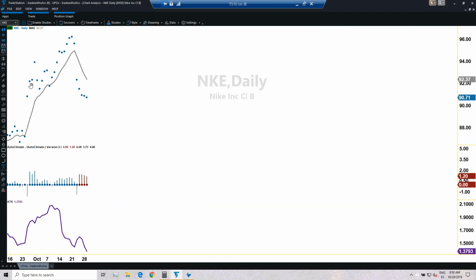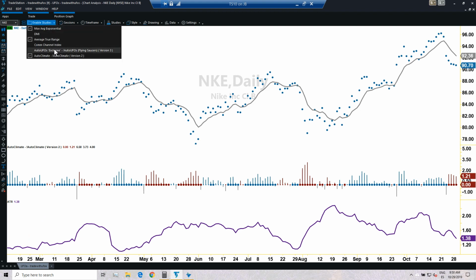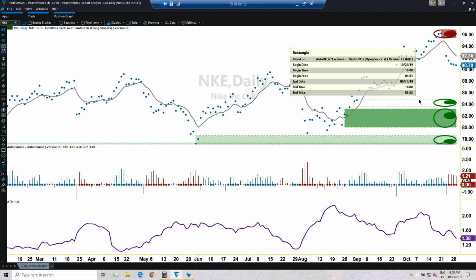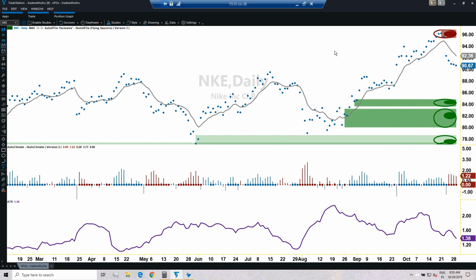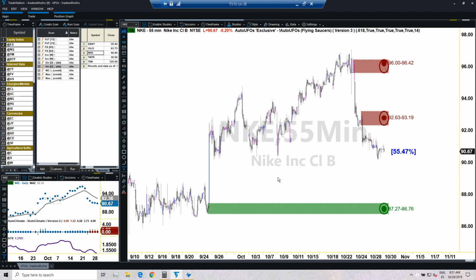So let's plan for the target. Let's find a target here. We're going to activate AutoUFO. We're going to be planning on a bearish trade here, which means that in this case we do have a target, and that target for Nike would be located at 84.83. That would be the target. So we are looking at about an $8 move down, which is going to produce a nice profit actually, with the dynamic leverage provided by options. An $8 move on a $90 stock is likely going to be a nice profit.